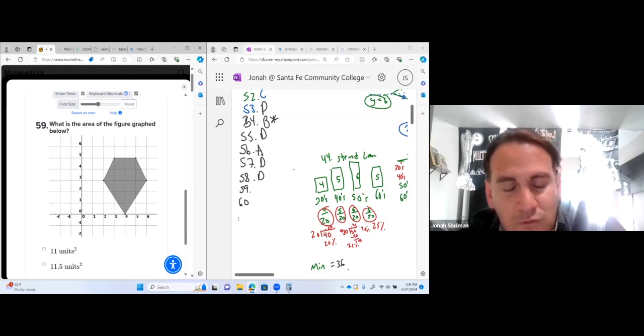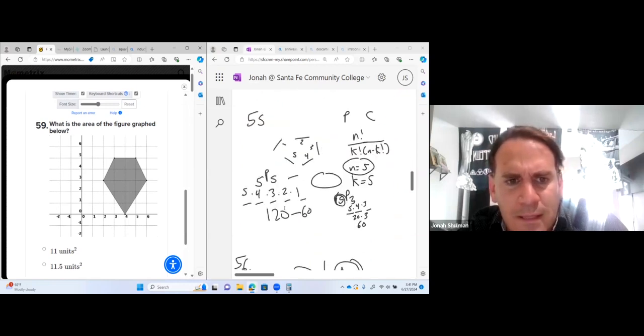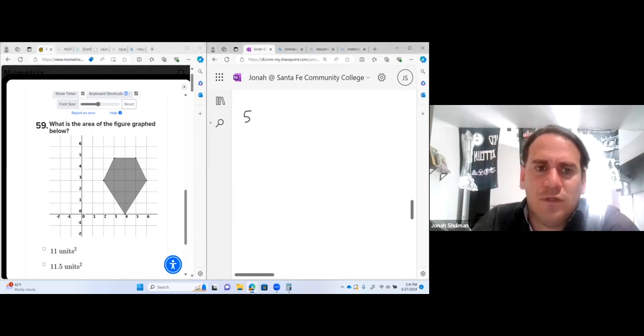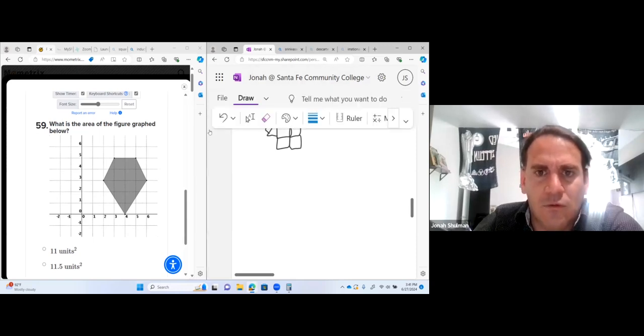Same. Okay, so it's just hard for me to see it without being able to draw right on it. So I'm going to draw it. So I'm at 59. So here's 59. I'm just going to see how many boxes I have. So 1, 2, 3, 4, 5, 6. So these are the 6 that I have, the whole boxes. Now I have 1 here and 1 here. So my 2 sides. So that's from... that was really ugly.